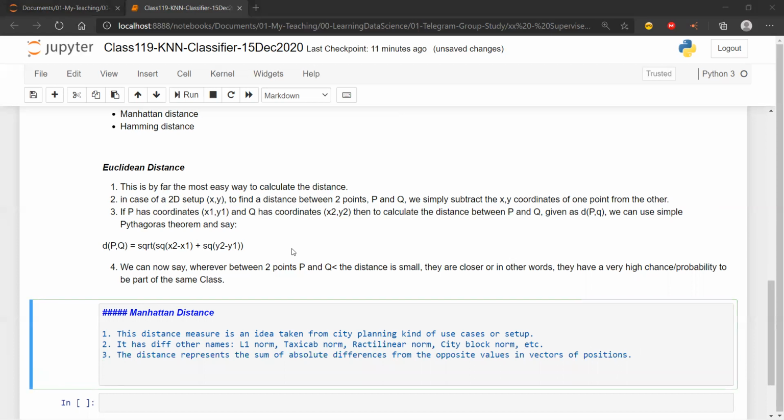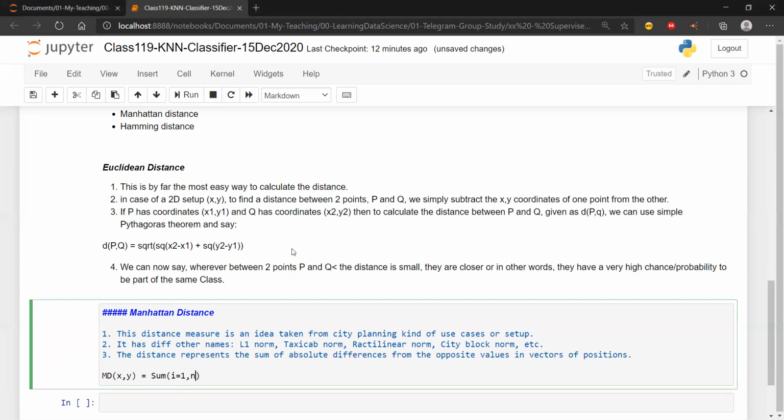Now, how is it really given? Let's say Manhattan distance, I'm going to just call it MD, x comma y. I have two places, x comma y. x is where your cab is standing, y is where your house is. So you have booked a cab, and the driver is at location x, you are at location y. How do you calculate Manhattan distance between x and y? It is the summation of i equal to 1 to n.